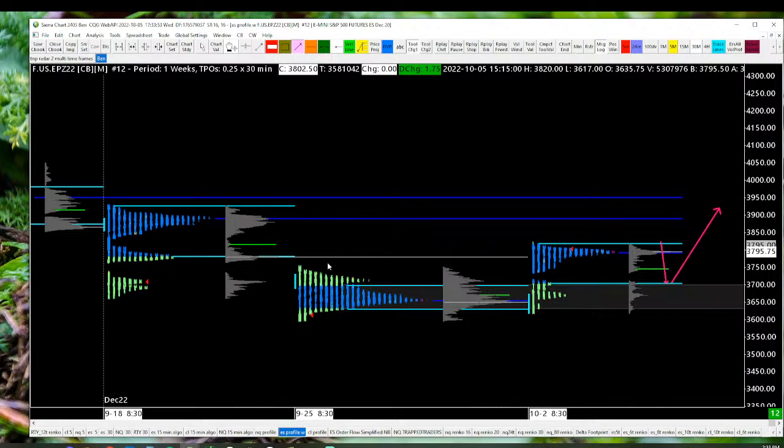The opposite of that is a non-auctioned or a poorly auctioned area, which would be this low volume node here. Those tend to be support resistance on the very first test. See that? But yeah, that's how we use volume to trade futures. It's not the same way as stock traders use it. I'm using it to locate